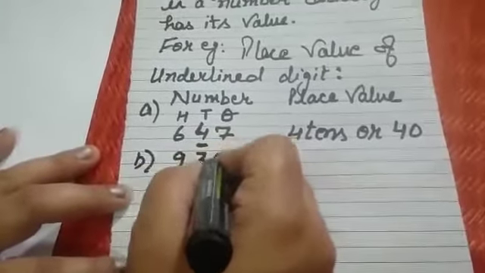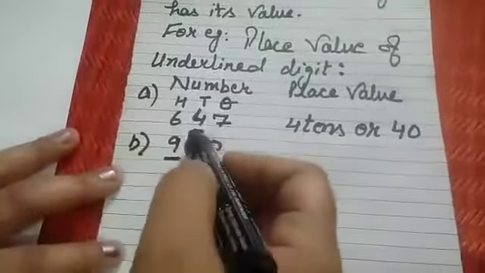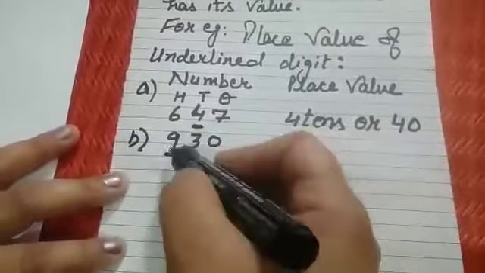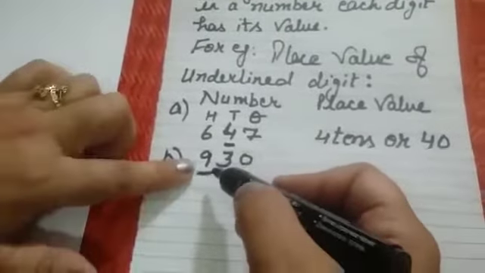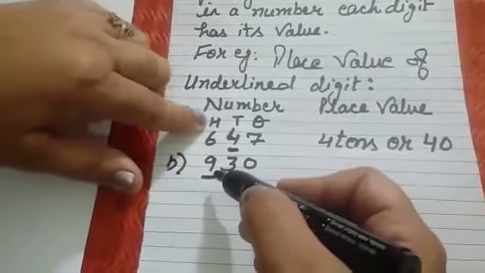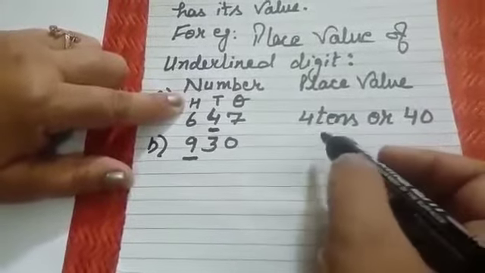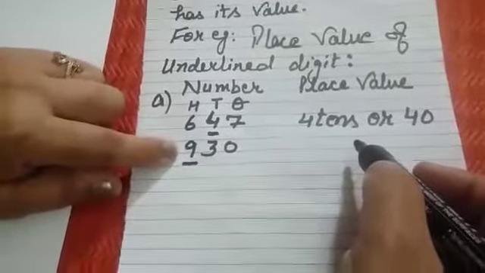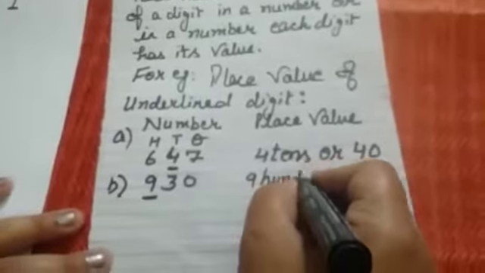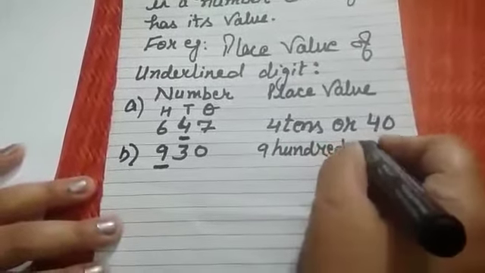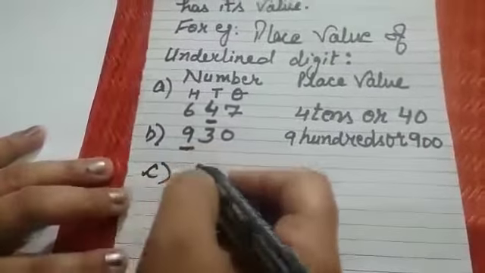930. फिर हम उसको underline करते हैं. Suppose I underlined digit 9. जो underlined digit होगा we have to write the place value of that digit. Now underlined is a 9. 9 stands at which place? 100 place. Beta, if you will write the places on the top, it will be very helpful to write the place value of the given digit. Right? So we'll write here 9 hundreds, or in numerals we will write 900. Clear? One more example we can take.